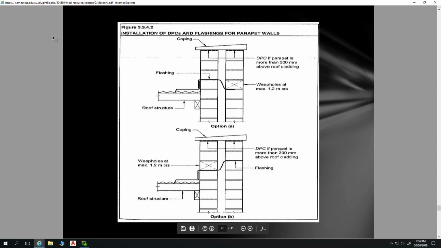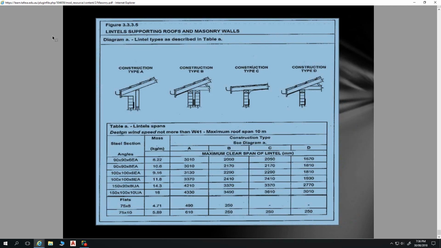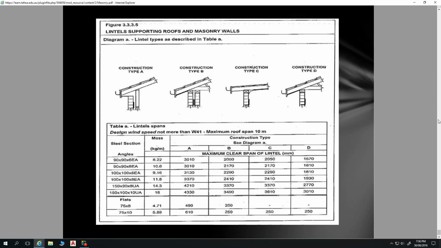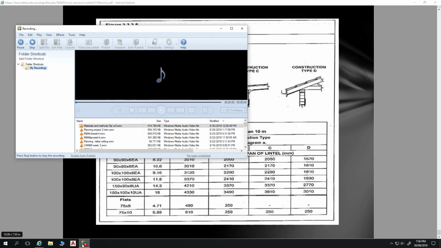Oh, what is that? Oh, that's it. That's why it's not going any further. That's the end of the slides for masonry. So yeah, that's it for what